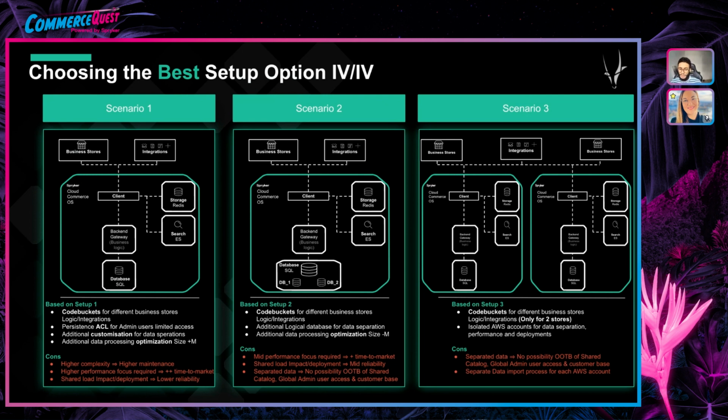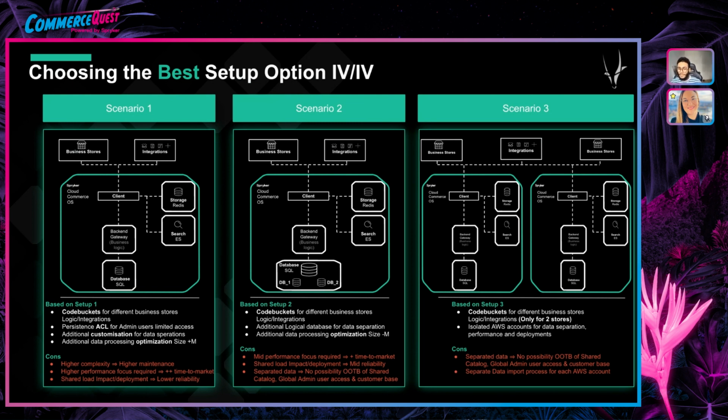But the rest would be almost the same. The additional data processing optimization will not be the same size as the first one. The first one is plus M, this one is minus M, because you would actually be having 2 different databases. Therefore, for the ones that are sharing between Poland and Germany and the one that is France,